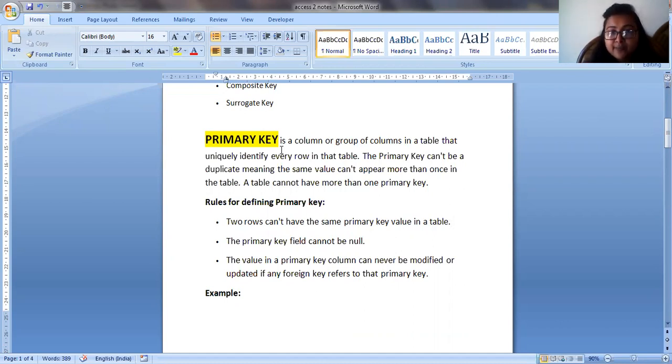Rules for defining a primary key: two rows can't have the same primary key value in a table. The primary key field cannot be null. The value in a primary key column can never be modified or updated if any foreign key refers to that primary key.